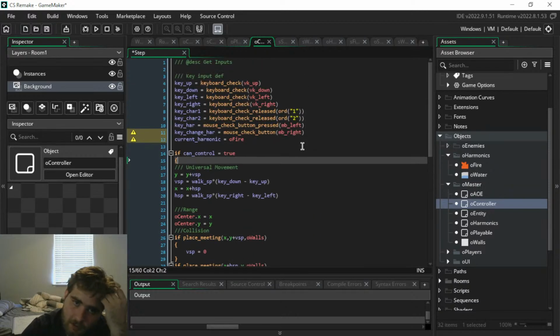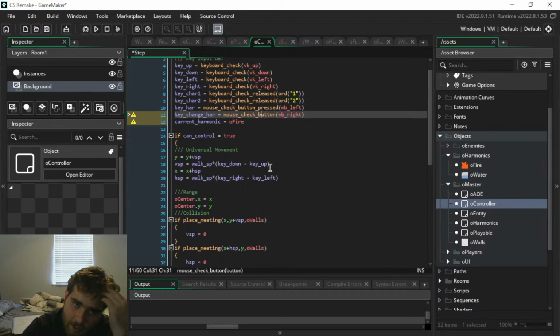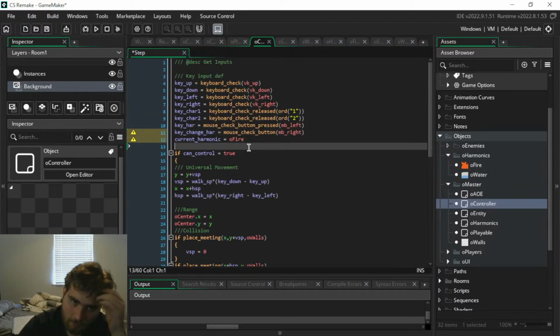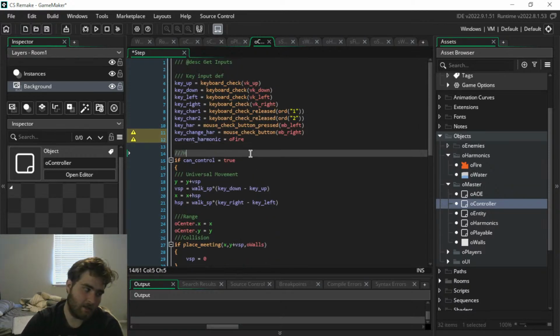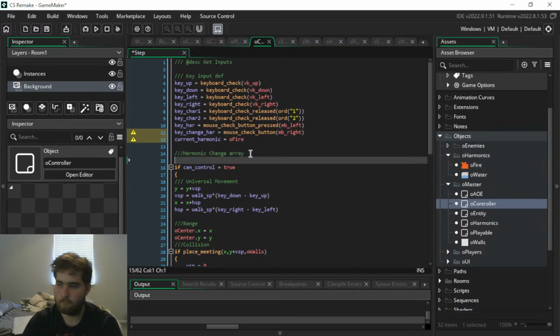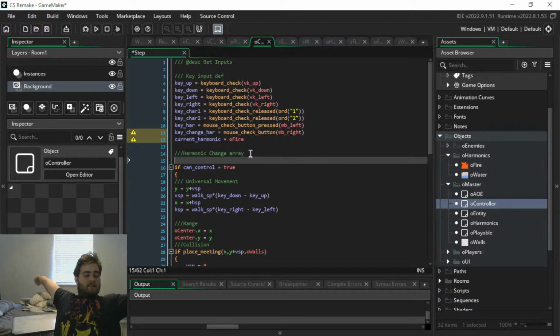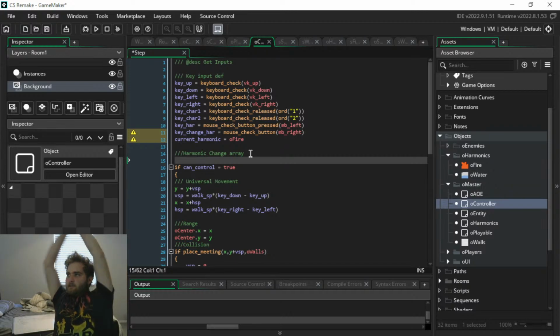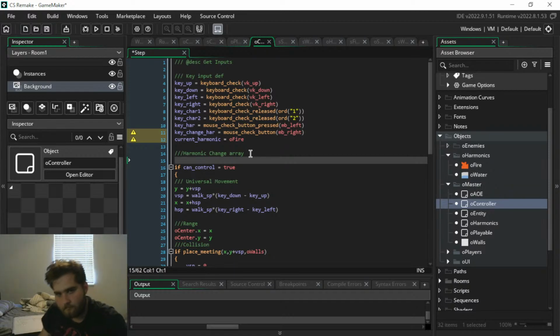And then what I'm going to do is make it right here. Let's just make the harmonic change array. Now granted, the rest of these are going to be superseded by variables at a later point. But what I'm going to do now is